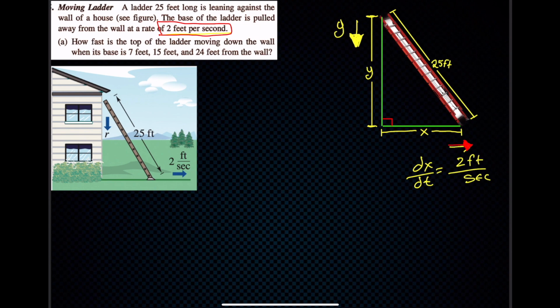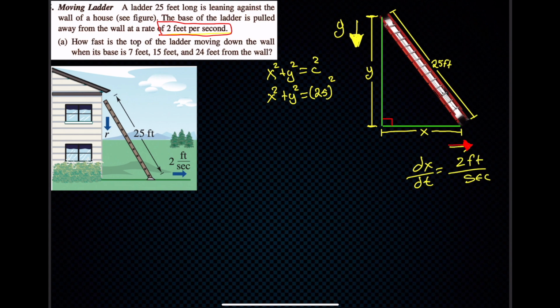Because the ladder and the wall create a 90-degree angle, we can say that the Pythagorean theorem is applicable. So x squared plus y squared is equal to c squared, where we already know that c squared is given. That will be 25 squared. I'm not really worried about the computation. This is more about the process behind how to get this